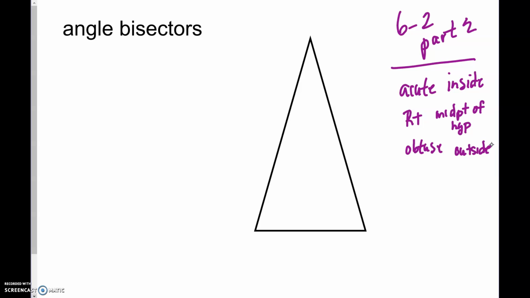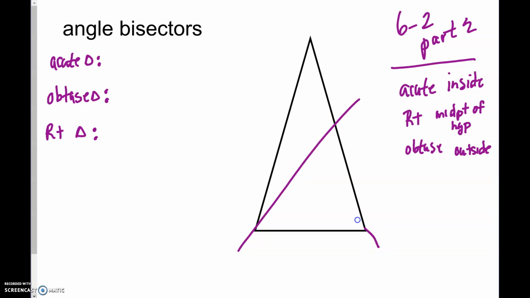Okay, so here for angle bisectors, we're going to do the same thing. If you have an acute triangle, where is the point of concurrency? If you have an obtuse triangle, where is the point of concurrency? And if you have a right triangle, where is the point of concurrency? Okay, so here we have an acute. So if we do angle bisector, angle bisector, angle bisector, okay, they meet at a point of concurrency